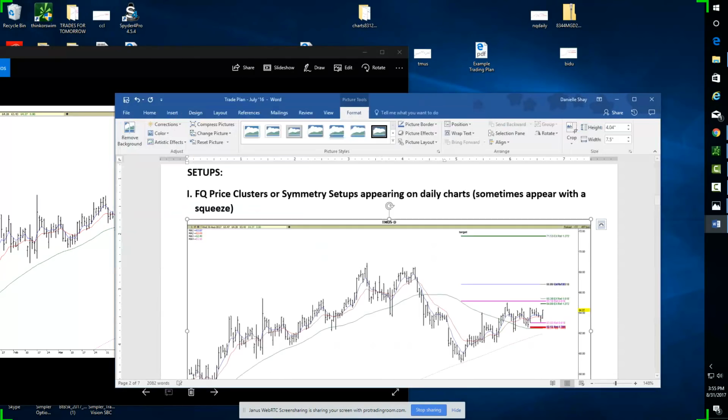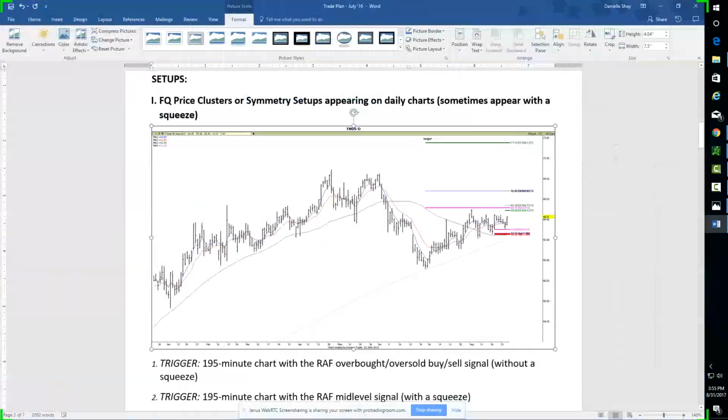All right, here we go. So here's my Fibonacci price cluster setup. Right here is a setup zone. If I pull up my Thinkorswim chart,